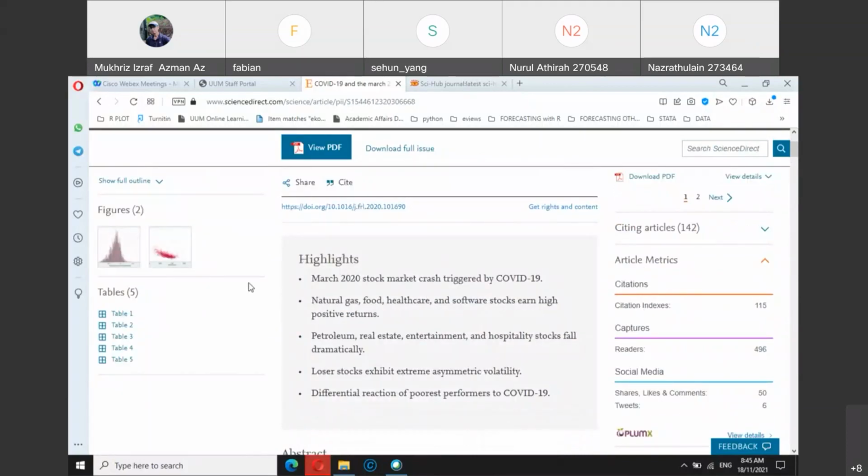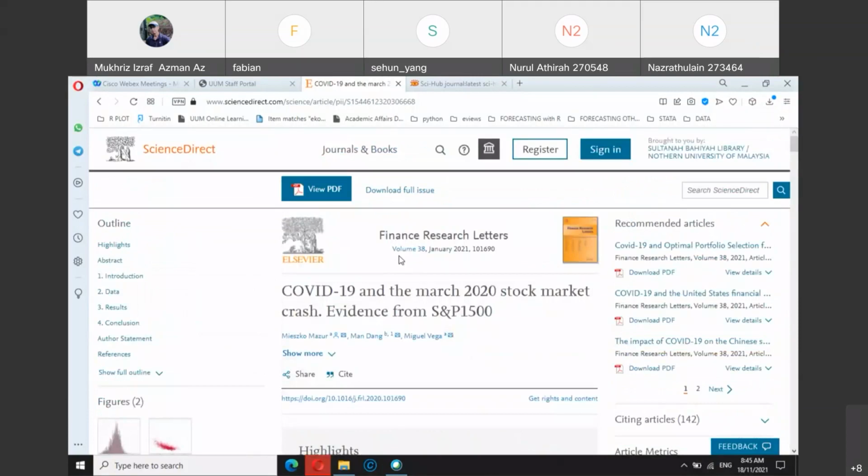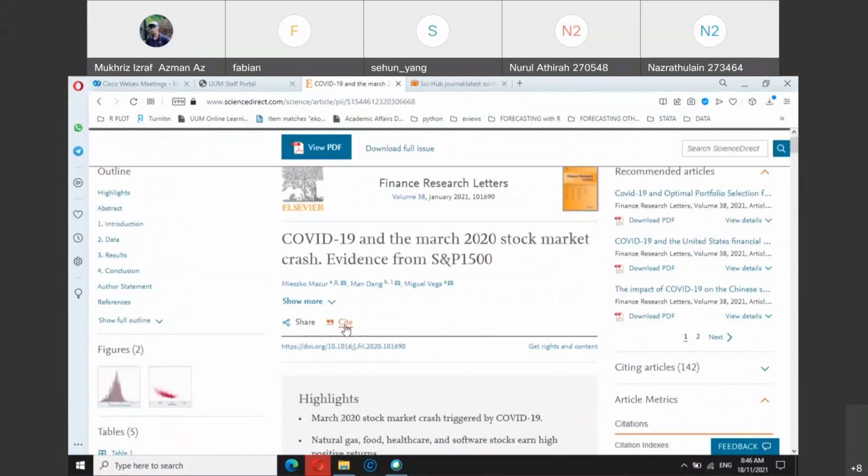So for example, this journal article, you can see the item cite here. When you click on the cite, and then export citation to RIS. The one that we usually use is the RIS format or EndNote format, both should be similar.